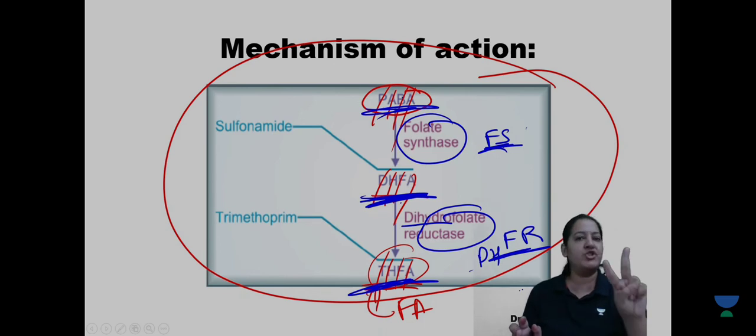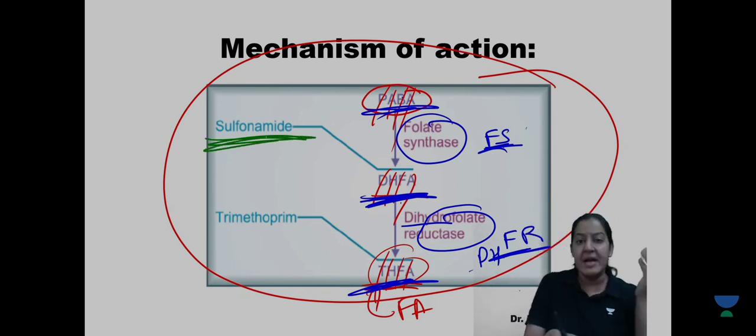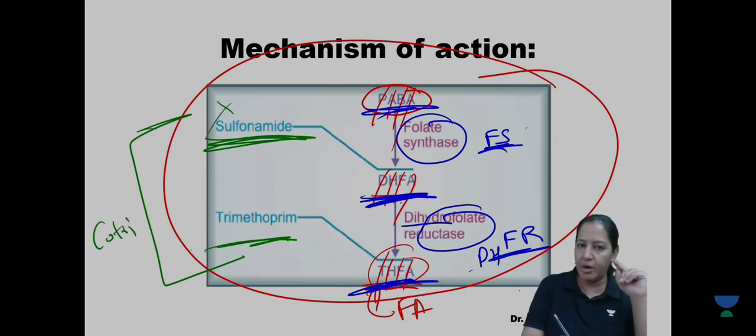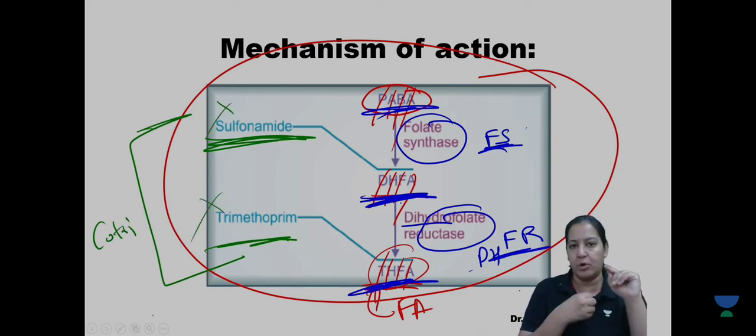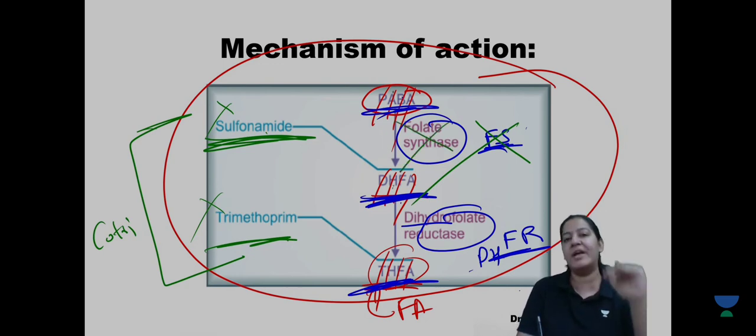Now I'm going to teach you two chapters one by one. Currently, I am teaching you the first chapter. My first chapter is sulfonamide, and my next chapter, when I will teach you, is trimethoprim. I have told you both of them are used in combination. They are not used alone. Neither sulfonamide is used alone, nor trimethoprim. They are used in combination, and the combination is known as quadrimoxazole. Right? See, sulfonamide inhibits this enzyme. So sulfonamide inhibits the conversion of PABA to DHFA.